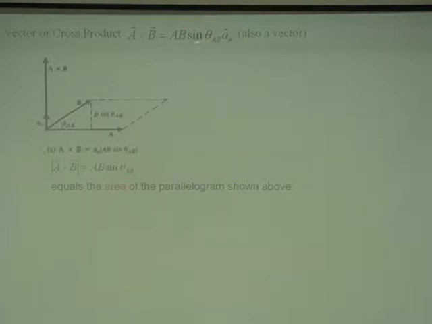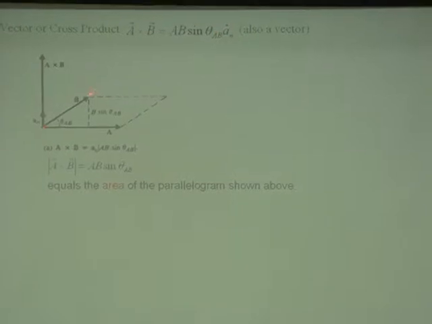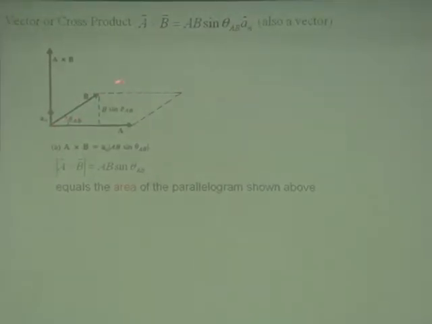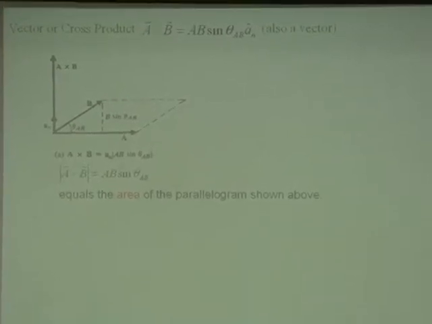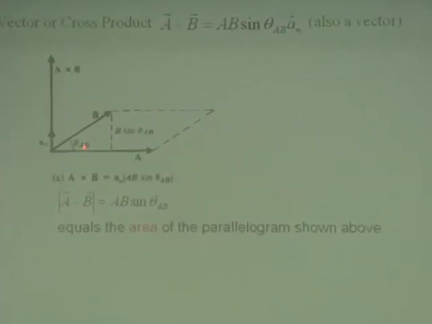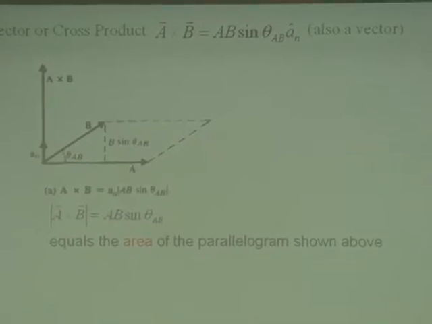It turns out that there's a physical meaning of this. Well, basically AB sine theta_AB is the area of this parallelogram. 这个平行四边形的面积。